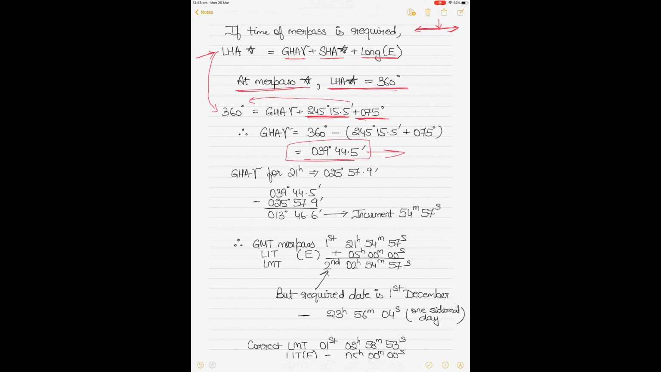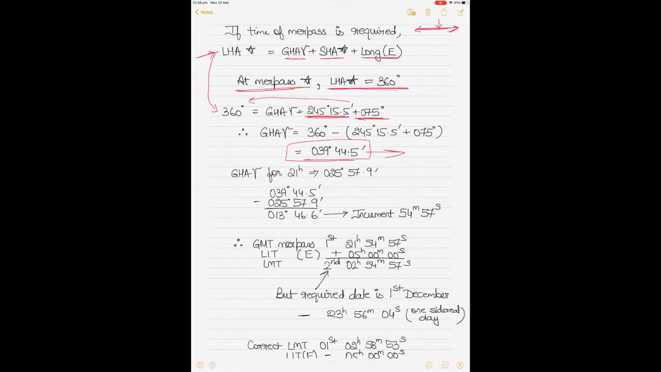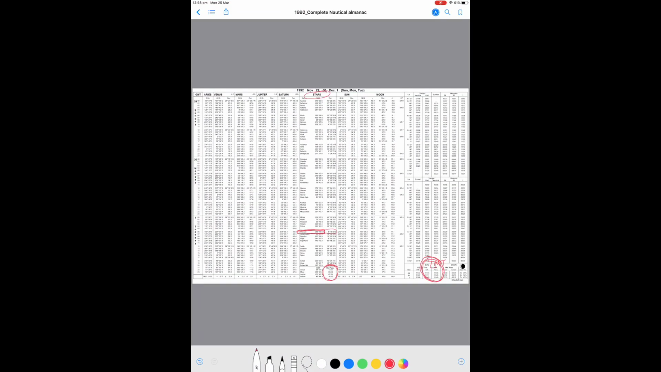Using this Meridian Passage, or rather using this GHA Aries, I'll go back into the 1st of December and see at what time this GHA Aries occurs in the Nautical Almanac. So the GHA Aries value is 39 degrees 44.5. The closest I can come for GHA Aries for 1st of December here